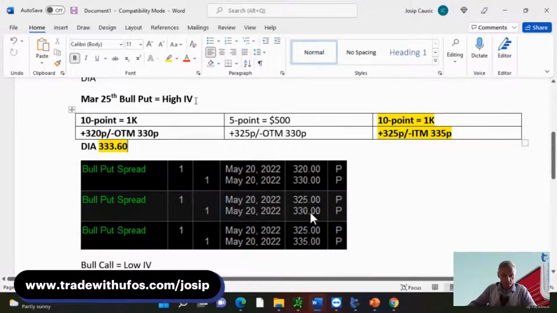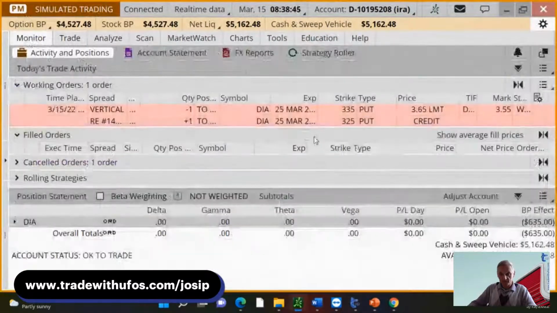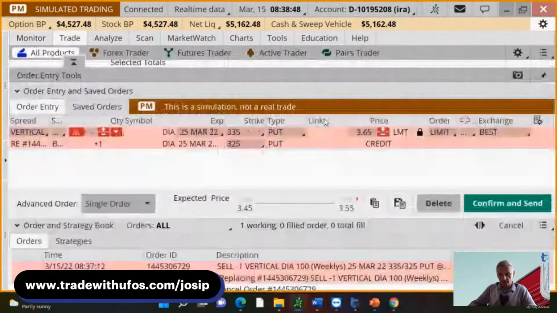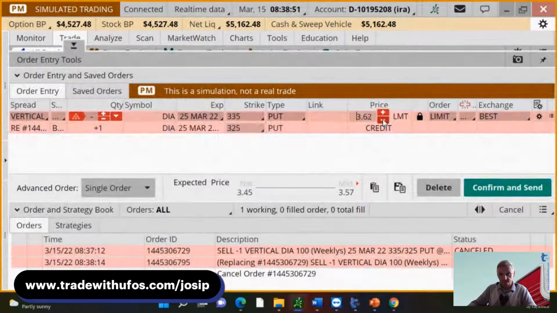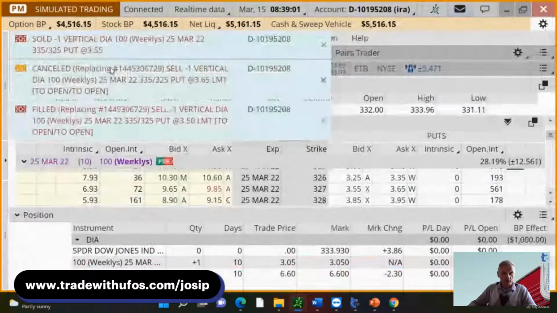So we're doing the bull put spread because it's high implied volatility. We're buying to open the 325 put. That gives us the right to sell something against it. And we are selling the in the money 385 put. So having said that, this thing is not doing anything. I'm going to now go down to the 50. Confirm, send. I got filled at 355.